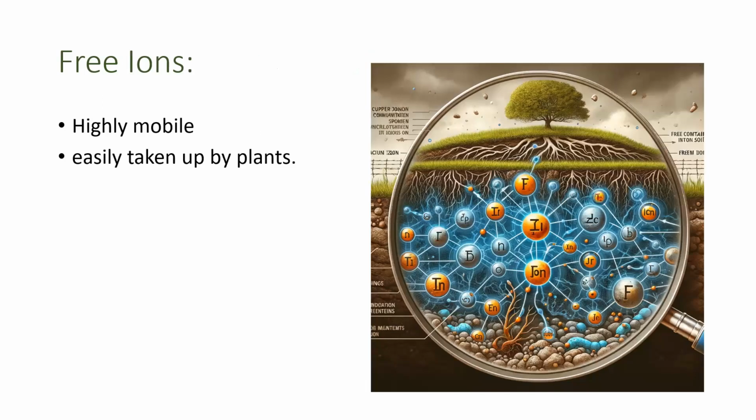So there is a chemical form of heavy metals which we call free ions. We also call this labile, freely available, or dissolved, or in solution. So there are many ways to record this, but it's free ions of contaminants in the soil water, which are highly mobile, can move with the water, and are easily taken up by plants in a very bioavailable form if they are free ions.